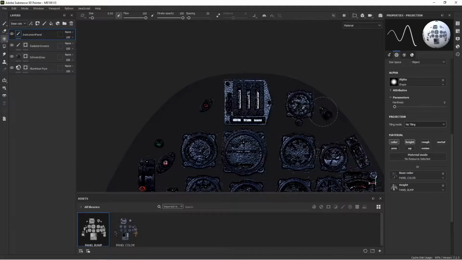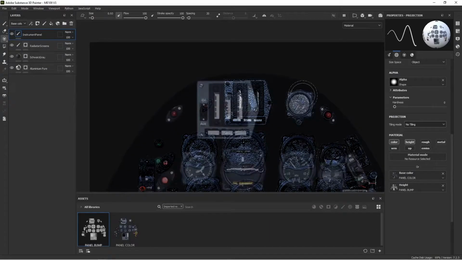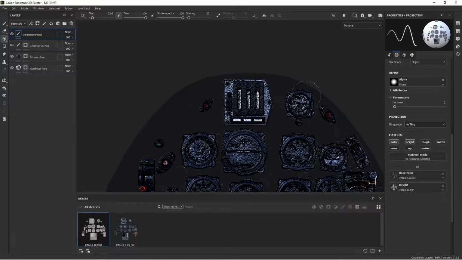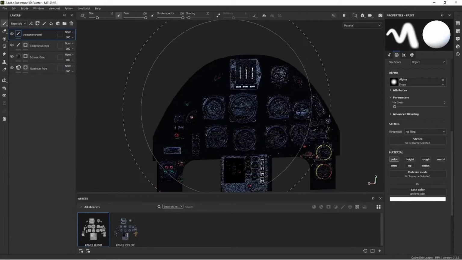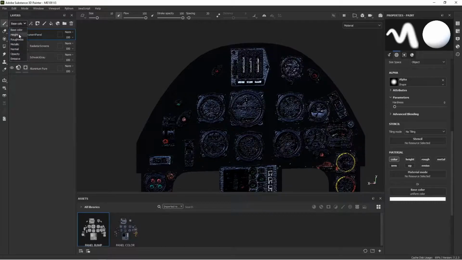And we can cut that back. All right. Try that again. All right, go back to paint. There's our instrument panel. Now we can cut back on the bump map by going to height, and then we're